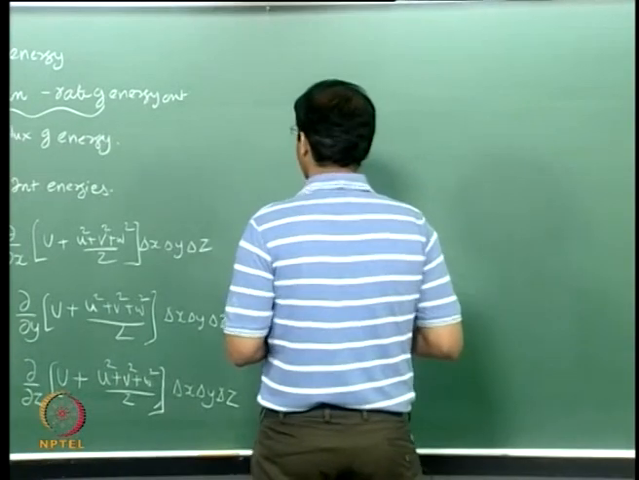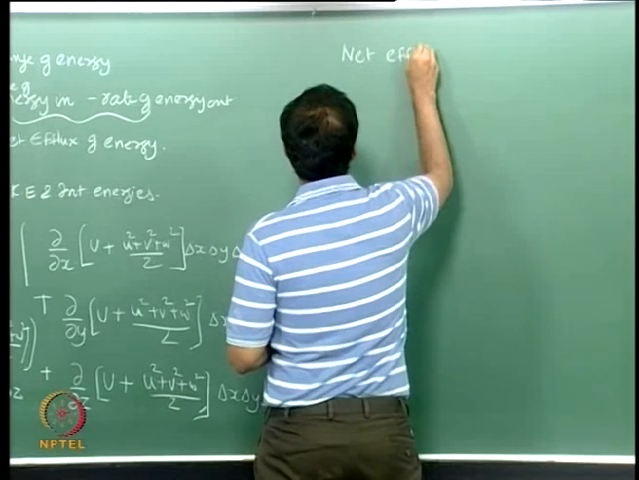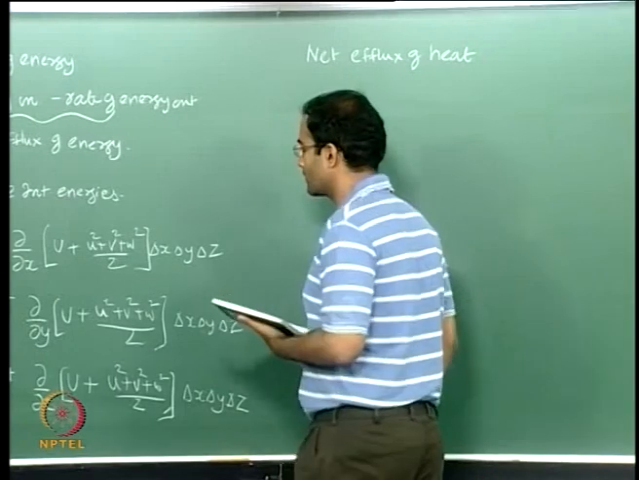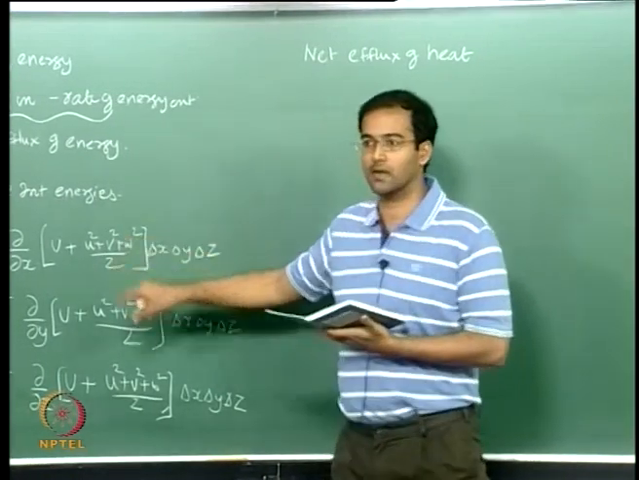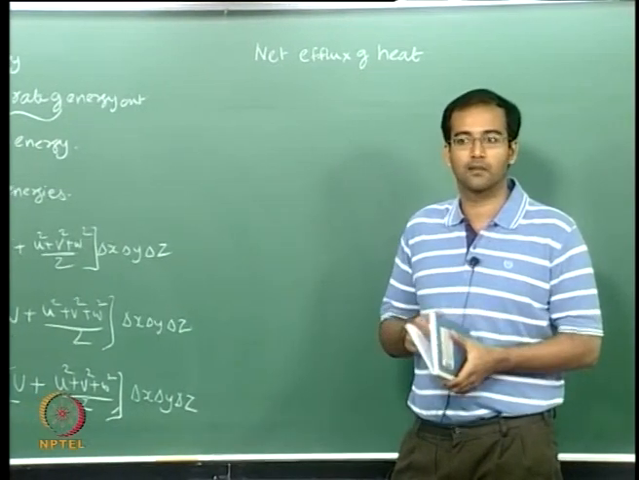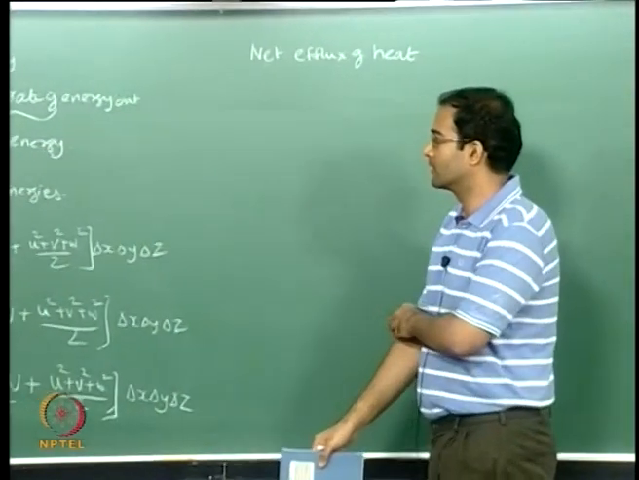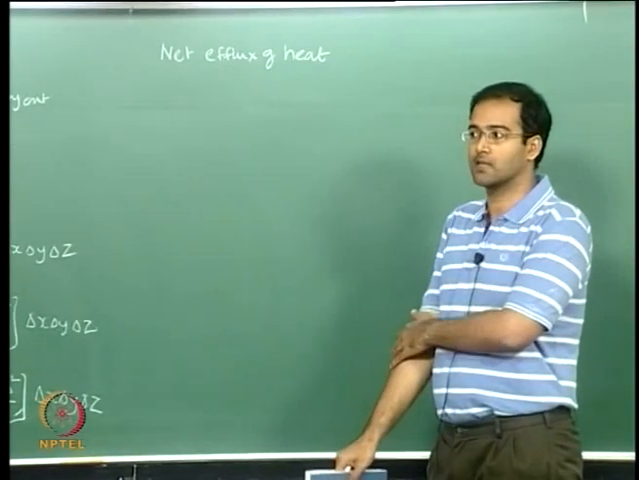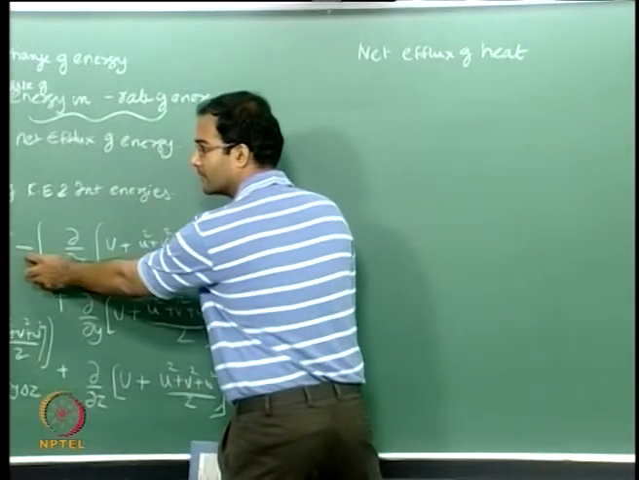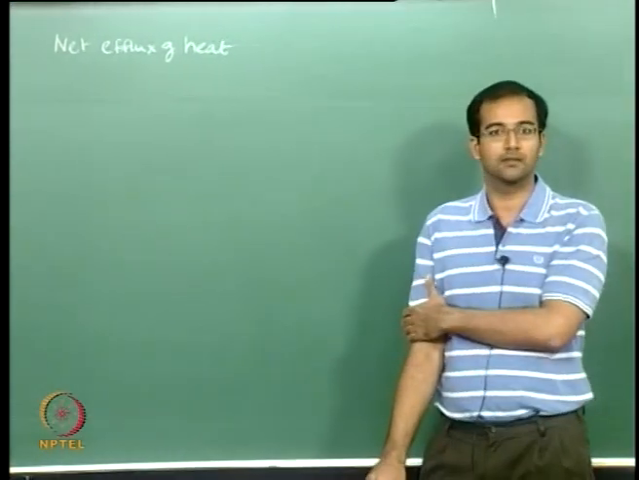So let us write down the net efflux of heat. Okay, do you think that this is correct? Efflux of kinetic, and something is missing here, a sign. There should be a minus here, right? So that is your flux of kinetic and potential energies coming in minus the one that is leaving, so this should be a minus sign here, right? And when we write the net efflux of heat,